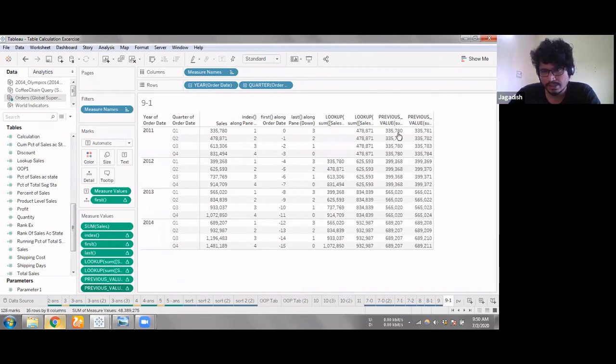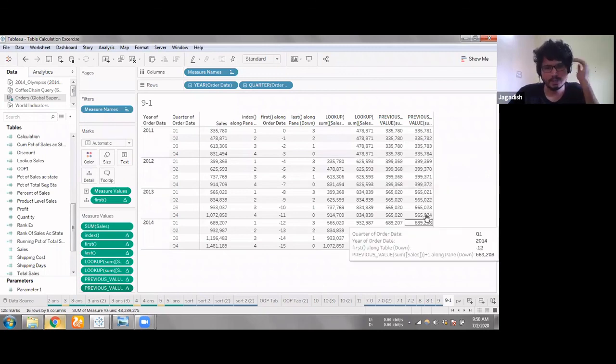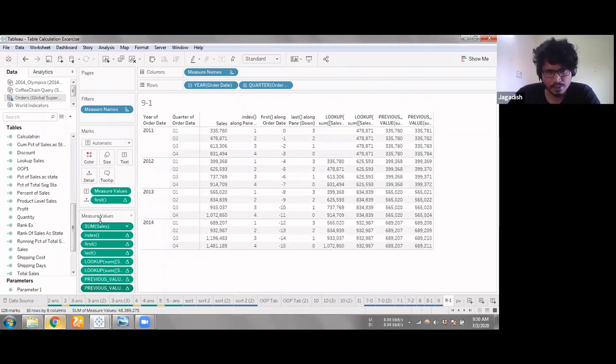So for example, here when I'm doing +1, it's not just taking this particular value, it's taking the previous value in the calculation that you are writing. The previous value in the calculation that I'm writing was this one, and it's giving me +1. When I come here, the previous value in this calculation was this one, so it's giving me +1, and it goes like that. So this is just so that you have an understanding of how these two functions work.